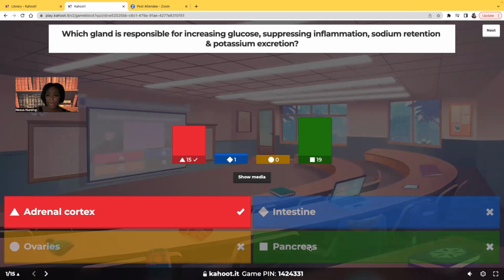Those who chose pancreas, well, think about it. What is one of the functions of the pancreas? Over in the beta cells, in the islets of Langerhans of the pancreas, that's where insulin is made. If anything, insulin decreases the blood glucose, not increases it. So why would you choose the pancreas? The question says responsible for increasing glucose, suppressing inflammation, sodium retention and potassium excretion, and we're talking about the adrenal